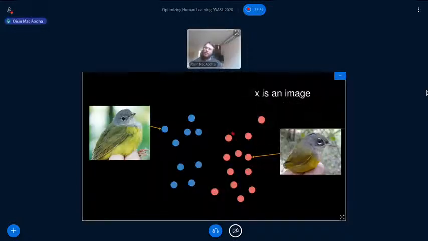Okay, so the setup here is we're going to assume that we have access to a set of images. I'll represent each image here as a dot in this low dimensional space. In this running example, I'm going to look at a binary classification problem. I'm not going to talk much, or at all really, today about how we actually obtain this low dimensional embedding of the images, but you can assume that similarity or distance in this space encodes some kind of similarity in the input image space, or at least perceived so by the human learner.